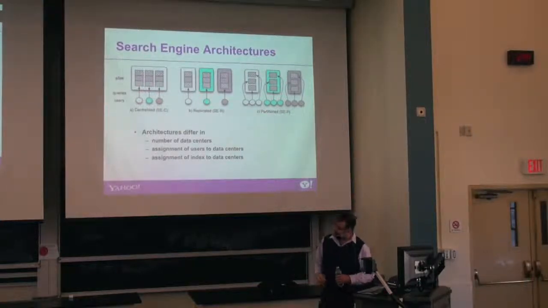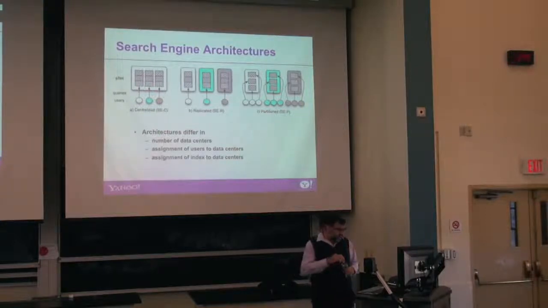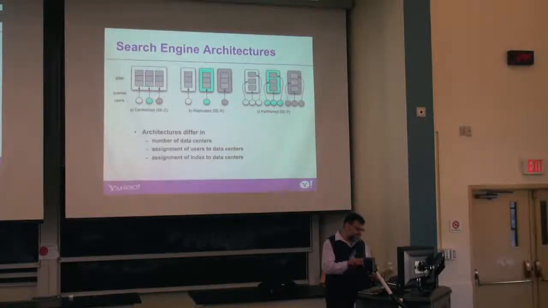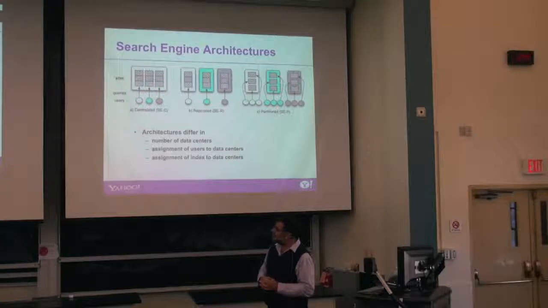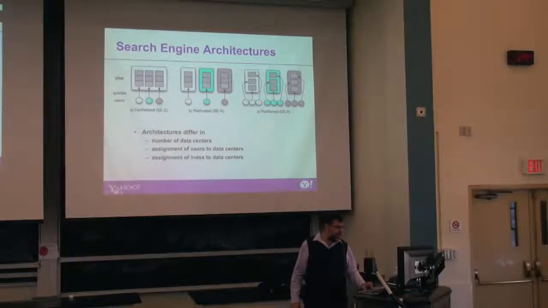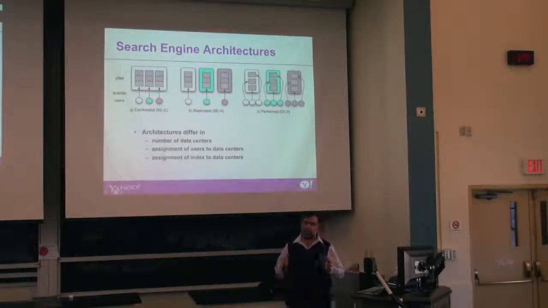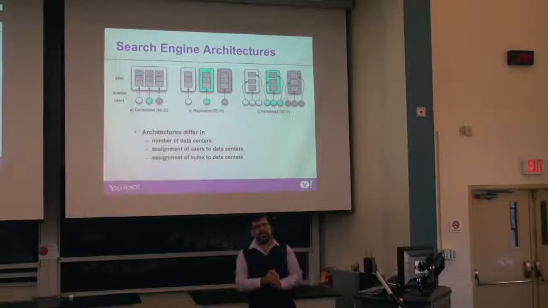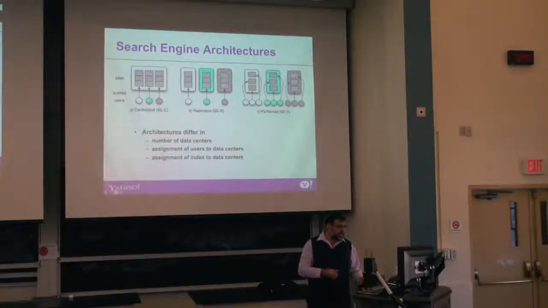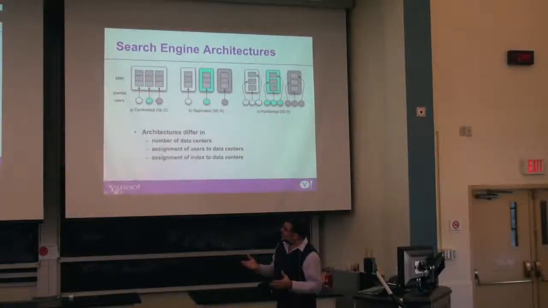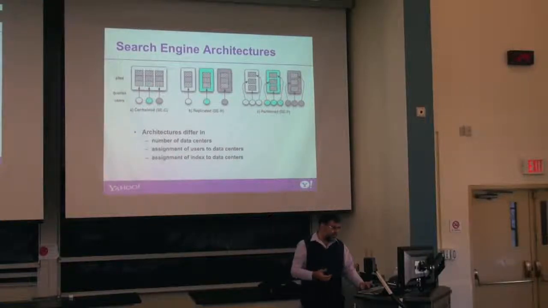So if we use this basic architecture, we can have different architectures. For example, here you have the purely centralized one. You see there's only one box around all the servers, so it's just one cluster. Or you can replicate in different places. This is the case where you're replicating on the vertical axis, so you have higher throughput. Or you can do both, replicate and partition, and then you can handle more data. You see that here, what was just one box is split into several boxes.